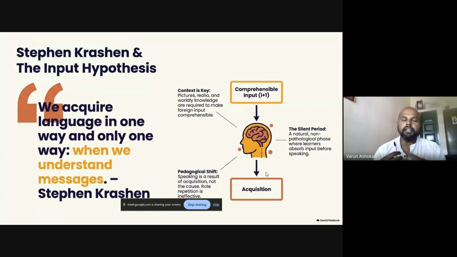Stephen Krashen calls it the natural order hypothesis, where the child looks into the grammar and tries to change it, because naturally the child is correcting the grammar, naturally the child is putting